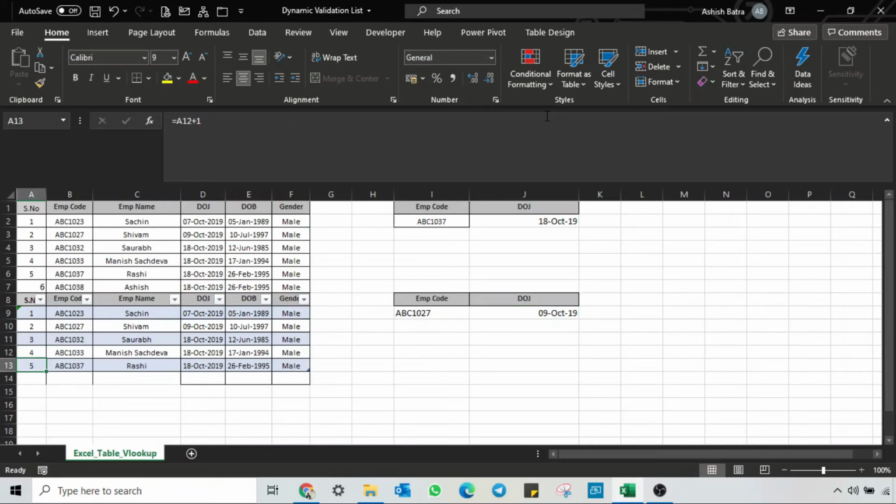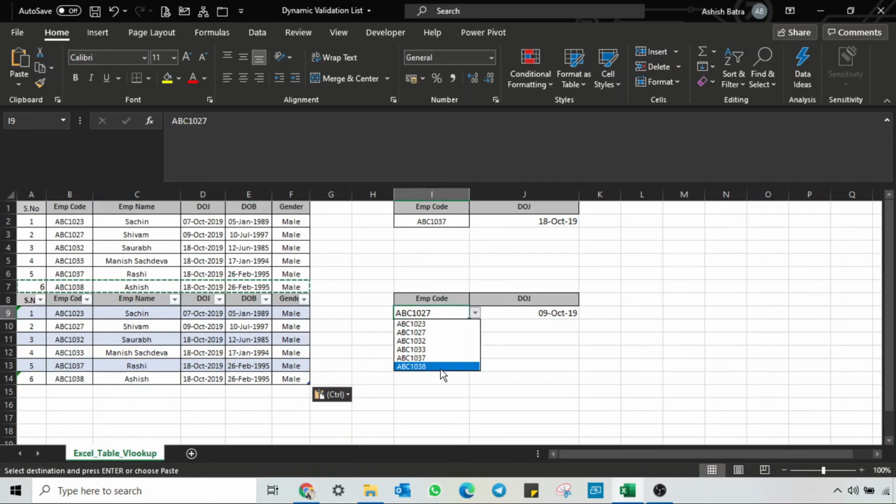Now let's see, we received a new database. We want our drop-down list to be updated if we add a new database. Let's add a new database. I'll just simply copy paste the same database we created for a range. Now if I go to my drop-down list, it's updated now, and in the range, the data validation list was not updated automatically.